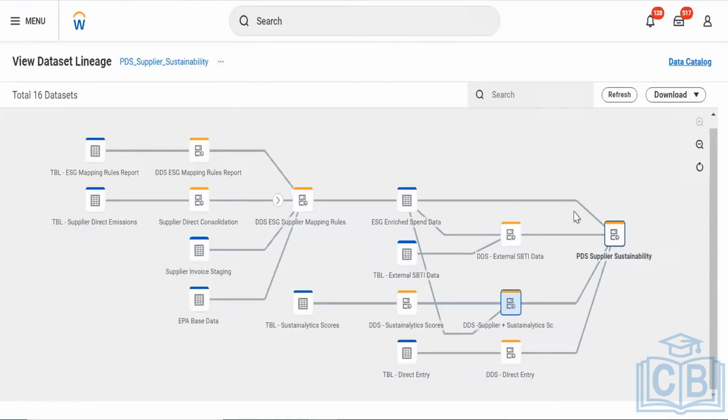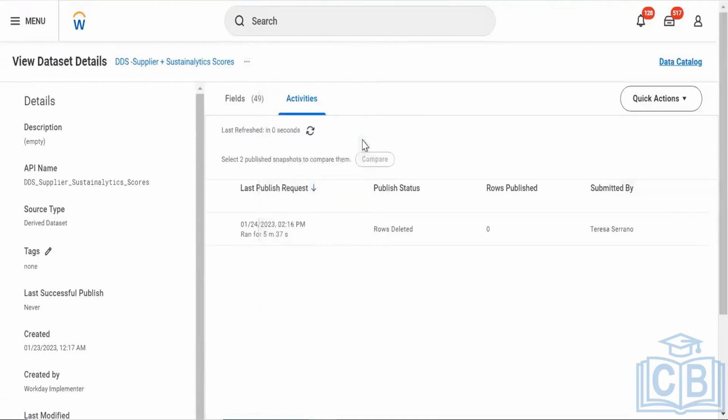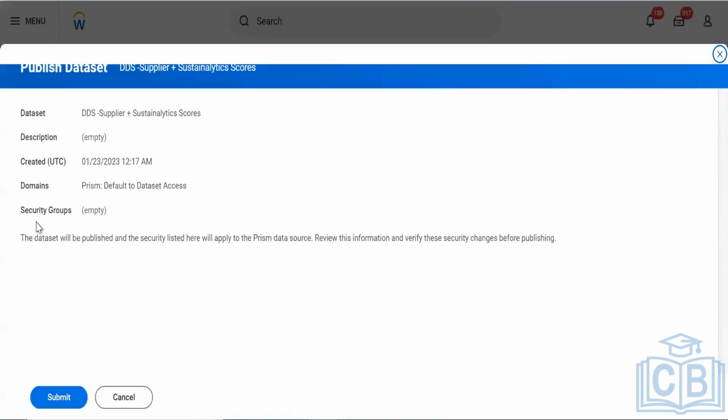The data is over here, but when we publish it, it will only then be available for Workday. That's why I can create a schedule depending on my requirement. Schedule is basic, the Workday one. When I go to publish, it will ask me that the data set is published and security will.